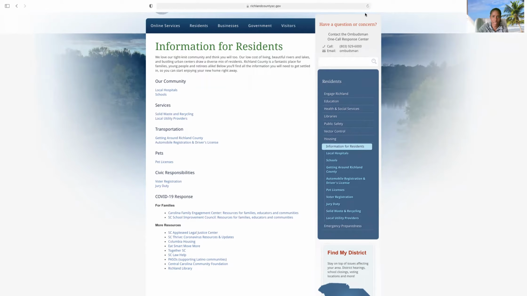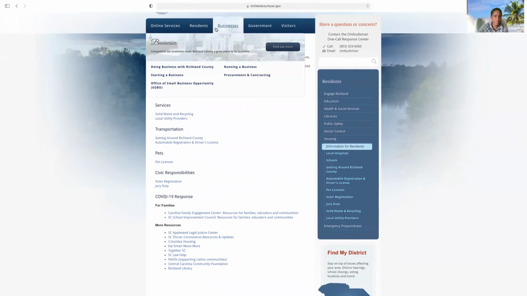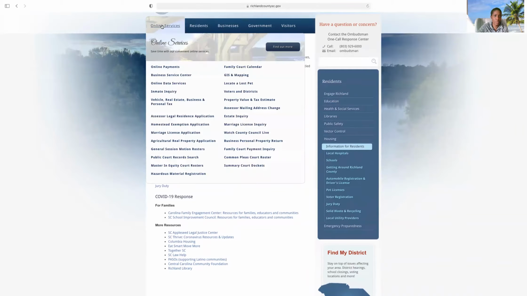But yes, richlandcounty.gov. And then from there, you will go to online services. And then you are going to go to assessor legal residence application. Okay, one thing to note, guys, is you need to do this on a